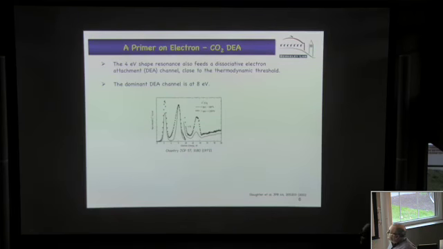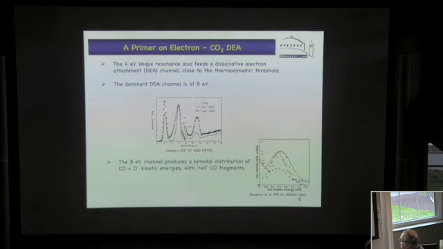There's also a dominant, at least at room temperature, the most important channel for dissociative electron attachment is at 8 volts. So the 8 volt channel dominates, and there's a third peak at much higher energy, but I'm not going to talk about it. It's around between 12 and 14 volts, because as you can see, if you put it on the same scale, I have to multiply it by a factor of 10, so it doesn't really compete as a dominant channel with the 2 lower DEA resonances.